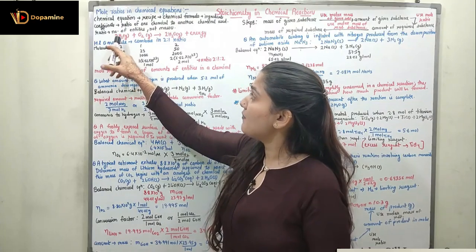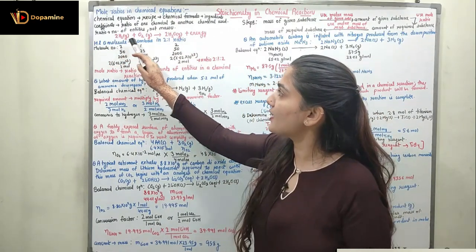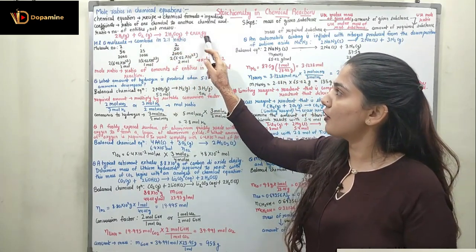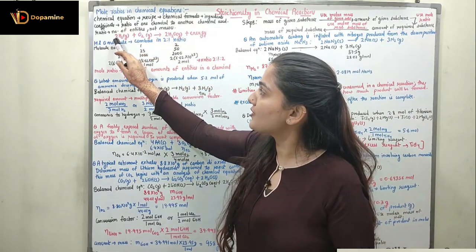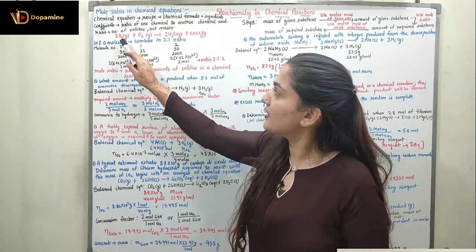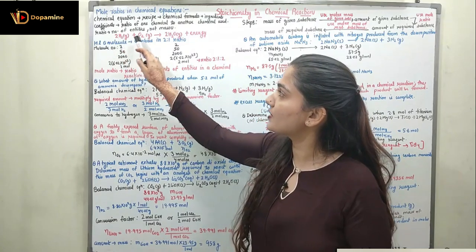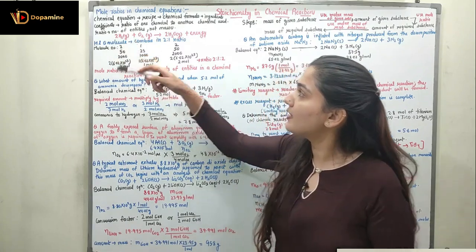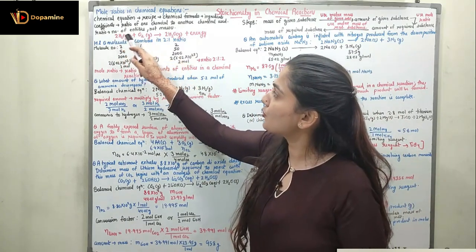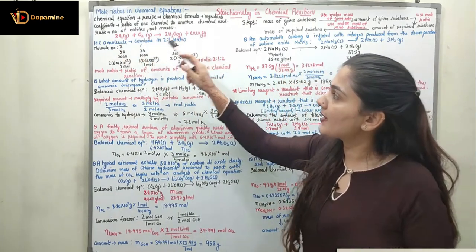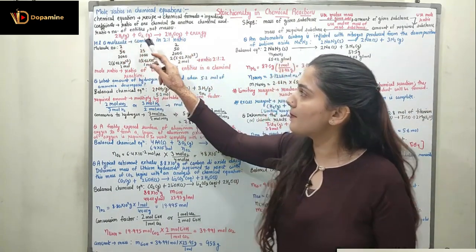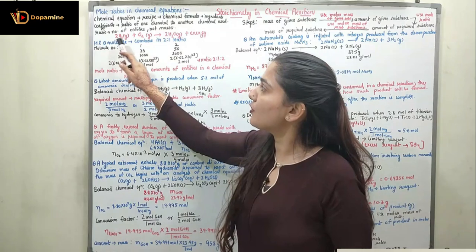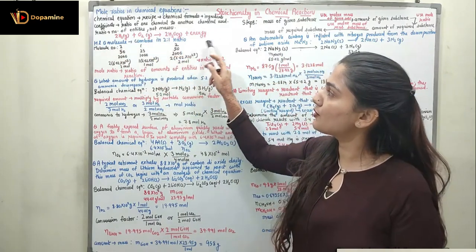So for example, we have the balanced chemical equation: 2H2 in the gaseous form reacts with O2 in the gaseous form to give 2H2O in the gaseous form plus energy. Here we have 2 as the coefficient of hydrogen. What are the ingredients? The ingredients are hydrogen gas and oxygen gas. The coefficient here is 2, and for oxygen it is 1. So the ratio of H2 to O2 is 2 to 1, right? So I can say 2 times hydrogen gas is combined with oxygen gas to produce water vapor, right? So hydrogen and oxygen molecules combine in the ratio of 2 to 1.